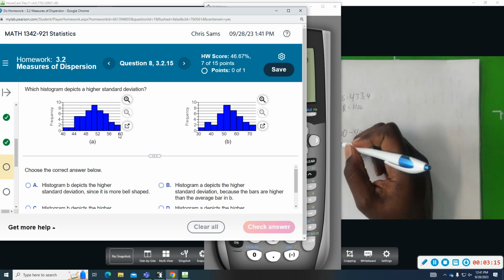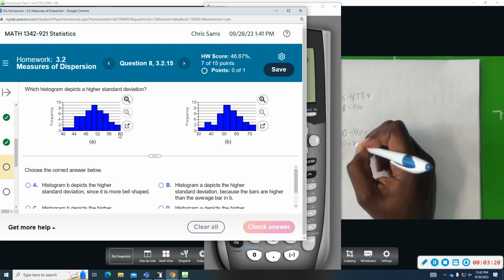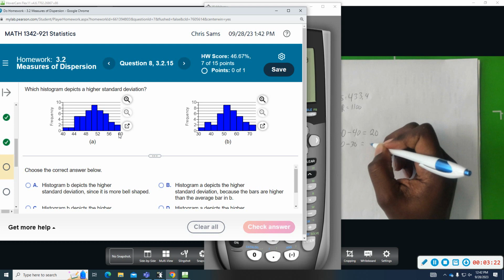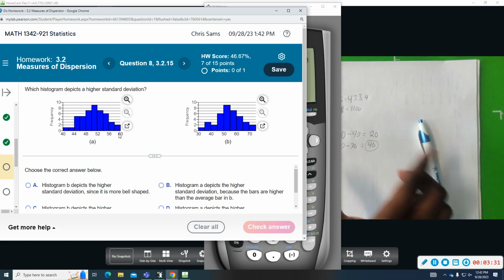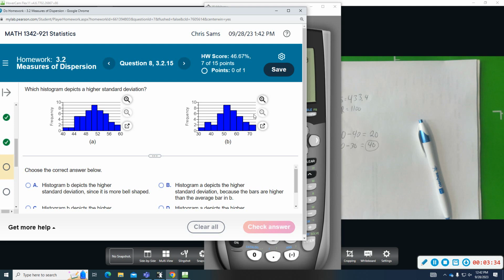If you look at the other graph, which looks like it's much closer, you have a high value of 70, you take away 30, and you get a spread of 40. So there's a bigger range here. So this one would have the higher standard deviation because those are more spread out, even though the picture is kind of misleading. It looks like this one is closer together, but it's more spread out based on the numbering, how they label the x-axis. So B